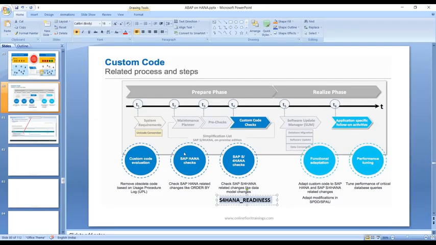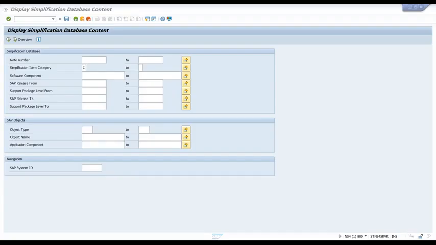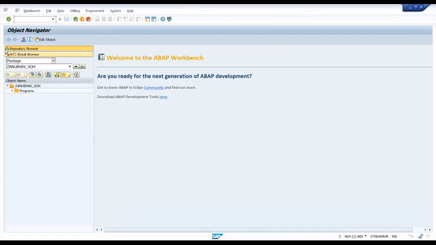So I have actually created some sample data for all of you. What I've done is I have my old ERP system, and in that ERP system I have written a couple of programs, and those programs today in the morning I have imported into this system here. All those programs were part of my Suite on HANA system. I've put them into one single package. You can see I've got a couple of programs in our S4 HANA system, and there are a couple of incompatible changes in these programs.